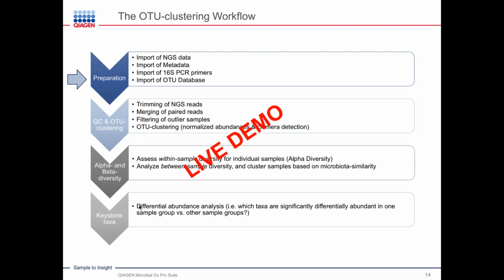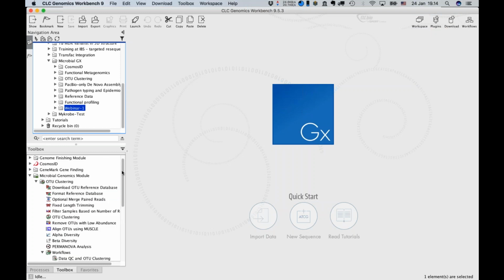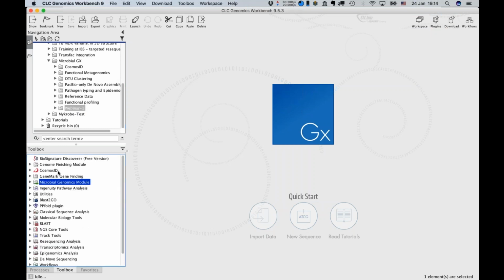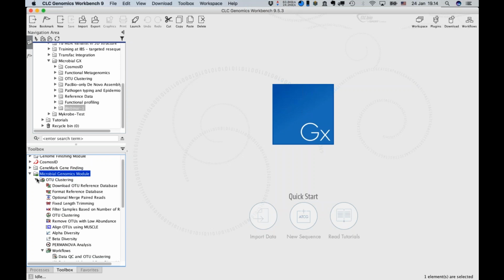With that, I'm going to switch to live demo and walk you through the 4 steps that are involved in preparing the analysis. What you see here is the CLC Genomics Workbench, which, as I mentioned, is the core component of the Microbial Genomics Pro Suite. The additional plugins that complete the Genomics Workbench to the Microbial Genomics Pro Suite can be obtained under this plugins menu, and they're very easy to install. Once they're installed, you can see down here in the toolbox a range of different omics applications that are supported, including the functionalities provided by the Microbial Genomics module,